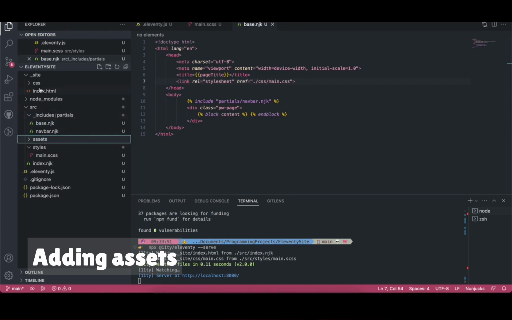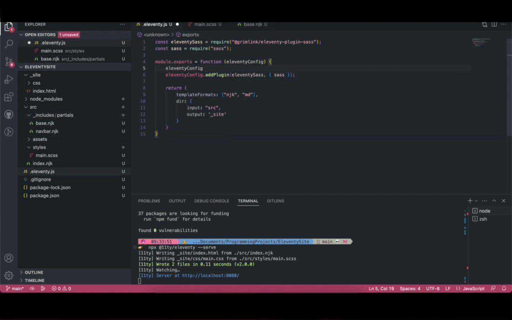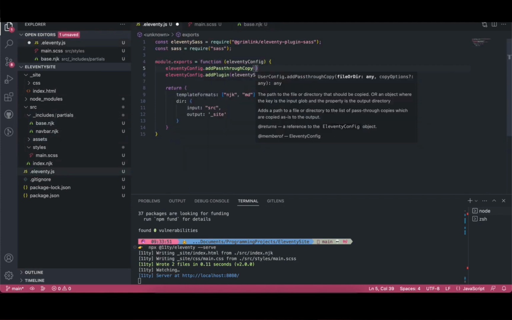So I added Sass when I was making this, but actually I didn't really end up using it at all, so I ended up just writing pure CSS, and so this whole step was a little bit pointless, but hey ho. So now I'm going to add a folder for assets, and in the config say that this folder should just be passed through as is.